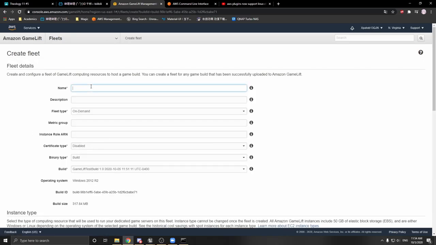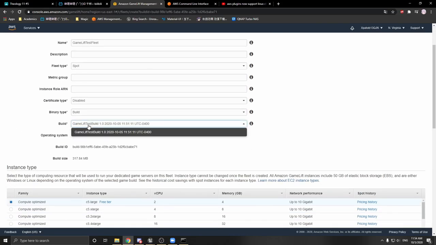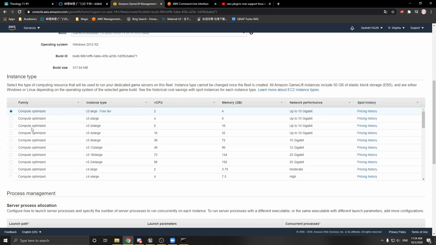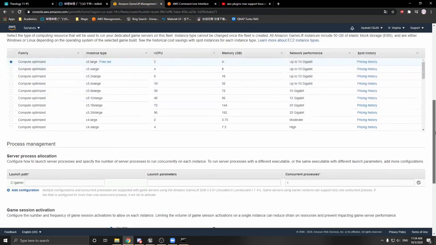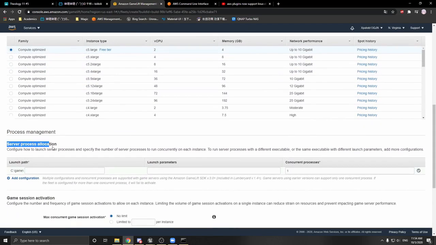So we just give it a name, GameLift test fleet. And for the fleet type, make sure it's spot. It will be cheaper. And the build is the build that I just uploaded. So the build will include my dedicated server. Okay, and now the instance type, you can choose a free tier, the C5 large, and the server process